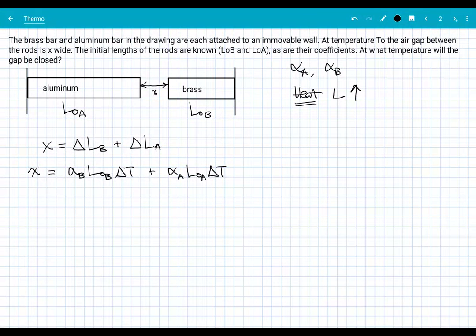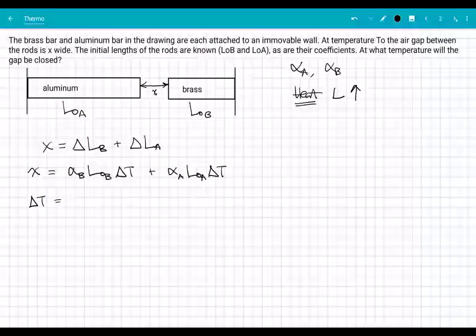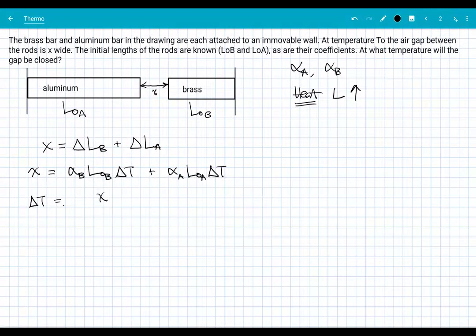So the delta T's are the same. These two rods are in the same temperature environment, and we're just being asked here at what temperature the gap will be closed. So then all we need to do at this point is solve for delta T, and then, well, you can do this in whatever order you want, you want to solve for the final temperature. So taking from this equation here, I can solve for delta T. It's going to be equal to X over